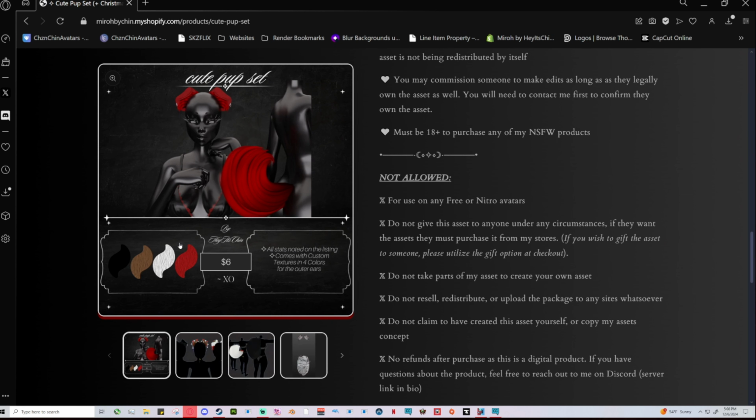So make sure to please, please check the TOS and be very careful to make sure that you aren't using something illegally. The reason I say that is because it can become a very big problem, not only for the creator, because it's going against their terms, which is a legal issue, but it can also get you in trouble. Let's say you bought this pup set, which says specifically not to use on any free or nitro avatars, at checkout you agreed to follow those terms, but then you ended up putting it out for free,